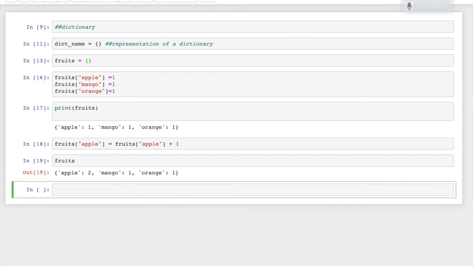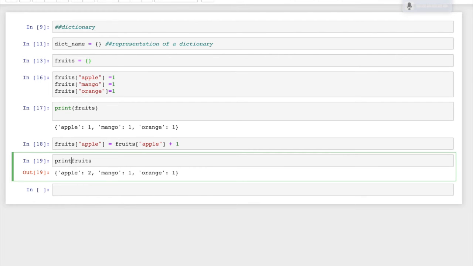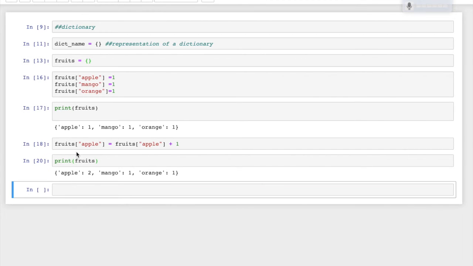I want to do it like this: print fruits. See, apple equal to 2 now. Then mango will be 2, 3, whatever it is. The number of fruits you get, you will increment the fruit's value in the dictionary by 1.